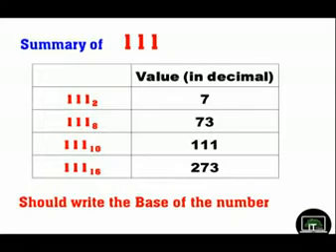But in day-to-day life, we don't specify the base because we all are agreed upon that we may be using decimal numbers. So if you are all using the decimal number, it is not necessary to specify the base. But in the number system lesson, you must specify the base because the base is very, very important, because different bases will make different values on the same thing. You can see from the summary sheet that 1, 1, 1, if it is binary, 7, octal, 73, decimal, 111, hexadecimal, 273. So you must specify the base of the value when you are writing in the number system lesson.